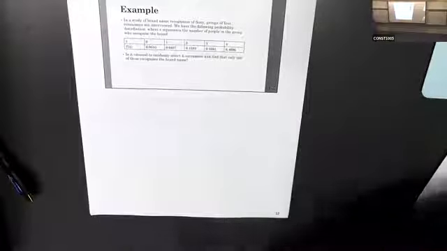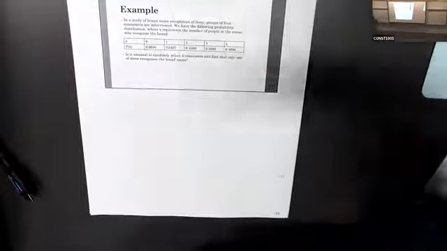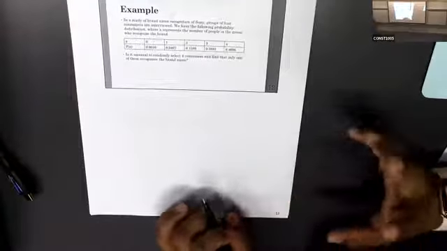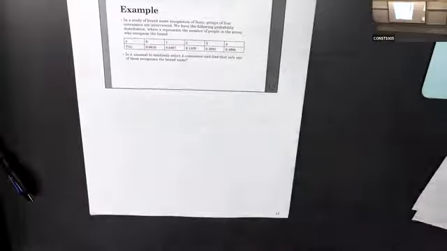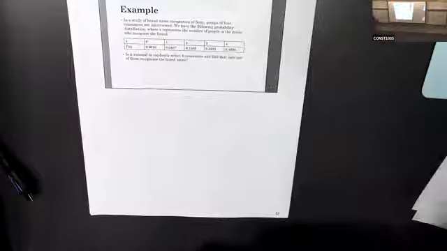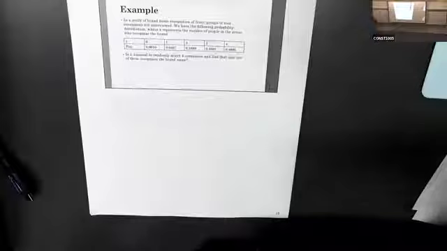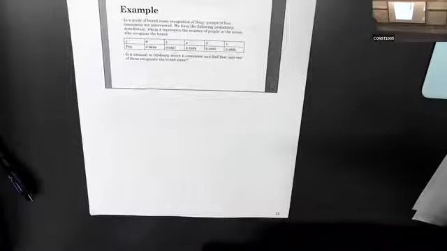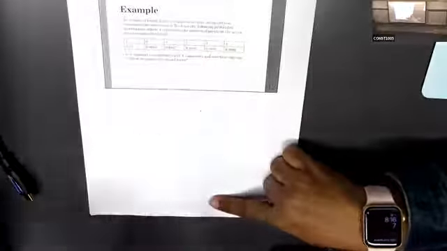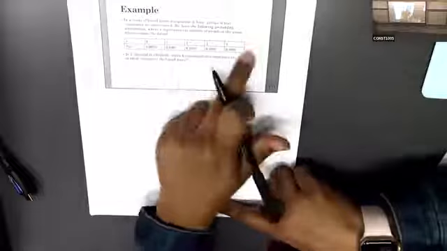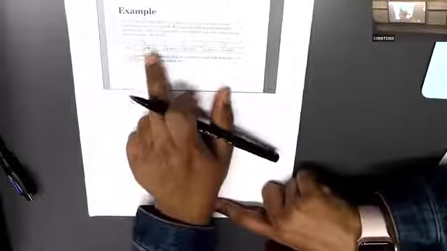Why? Because in each and every group we have 4 members. So it should be none of them or all of them. So 0 to 4. So this is the chart. After collecting data, we can construct this chart. If we have all the data, then we know the sample size, and if we know the number of values for each x, then we can find these probabilities also. But here you already have this. So this is the table.